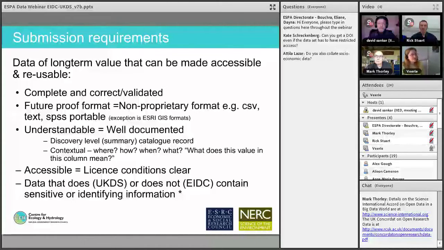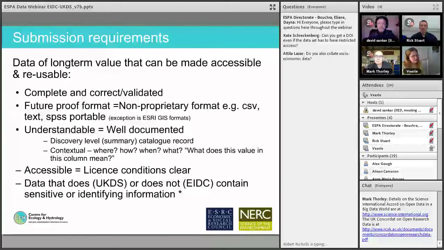So that requires documentation. This documentation is both at the level of the data set. It creates a catalog record that makes sure that your data can be found in our collections. It provides information on the context of your research, the methodology you used, etc. But it also goes down to the level of the data items itself, variables, etc. need to be described. Access is important, and that is done through license conditions. So the data need to be made accessible, and that is then described in those